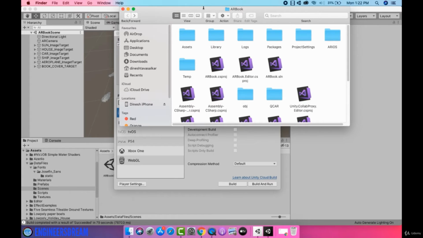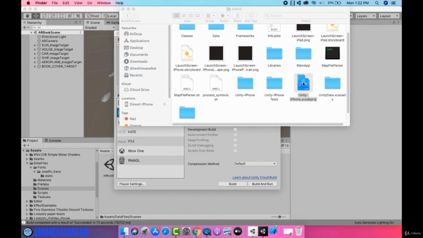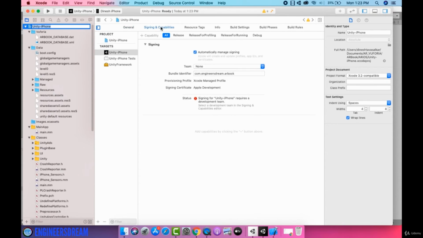My AR iOS folder is created inside the AR book folder. So next I'll open it. After this, I'll open the Unity iPhone Xcode project file. Now inside this Xcode project file, as I've shown inside the AR1 section as well, we have to make one small change. To make that change, first make sure that you're inside the project navigator folder. After this, from here, select the Unity iPhone file. Next, go inside the signing and capabilities, and from here, you have to click on the team drop down